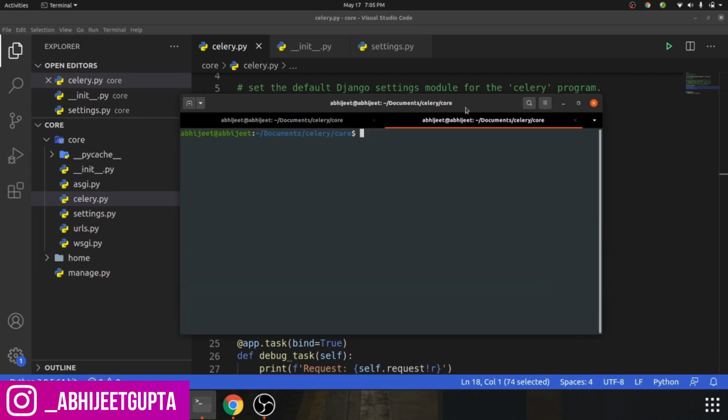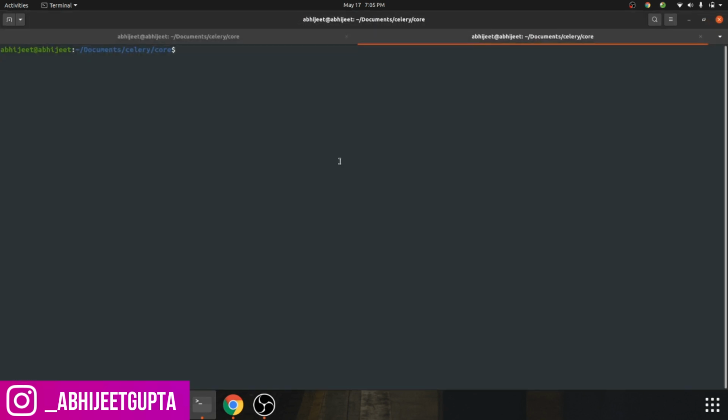Let's activate our virtual environment: source env/bin/activate, and cd core. Now we are in the project directory.